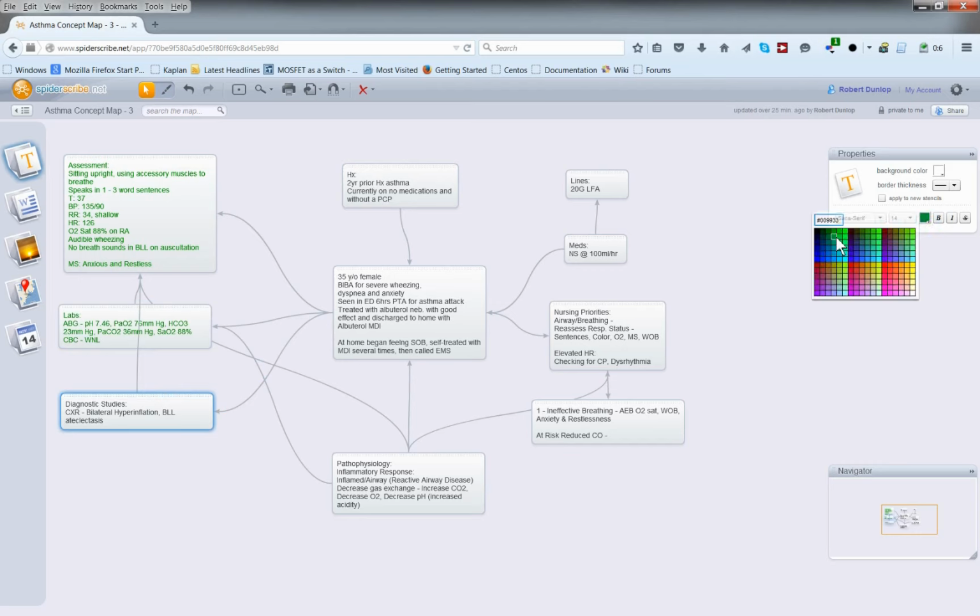Okay. So actually it is fairly easy to, I picked the wrong color of green there, didn't I? A different shade of green. Let's go, there we go. We'll leave the history and stuff the way it is. Patho, well, let's see if we can find something that's kind of, let's go with kind of brown here. And,